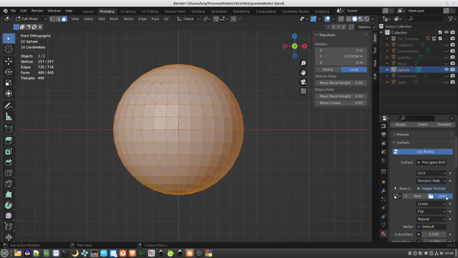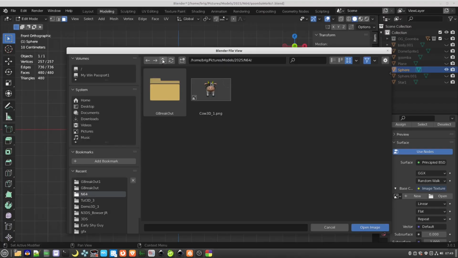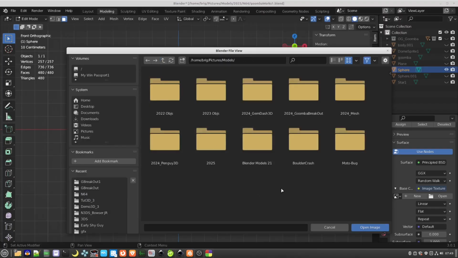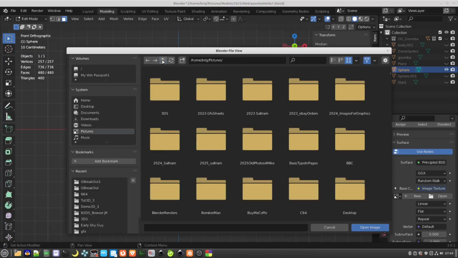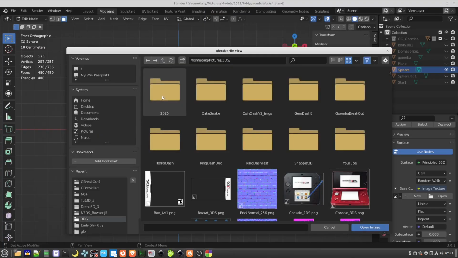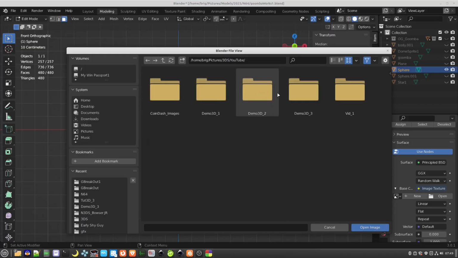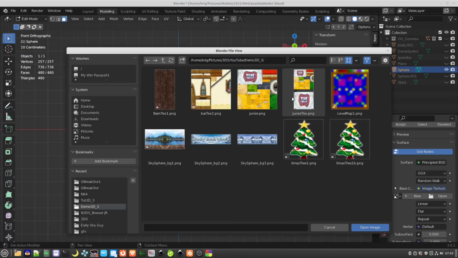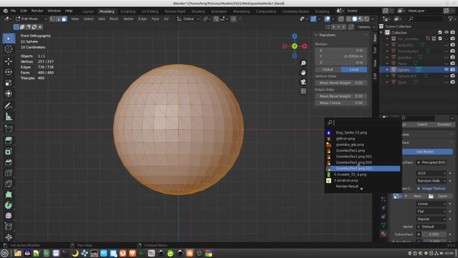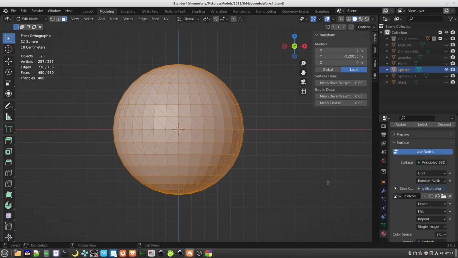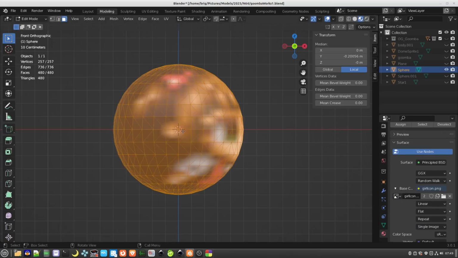No, sorry, not new. Open one up, and then come to a location where you've got your images. So let's see, where are we here? I don't want to be in there. Okay, these are not a good example. I'll use one of them that I already have in here then. So this assigns the my girl texture to this sphere here, but as you can see, it hasn't